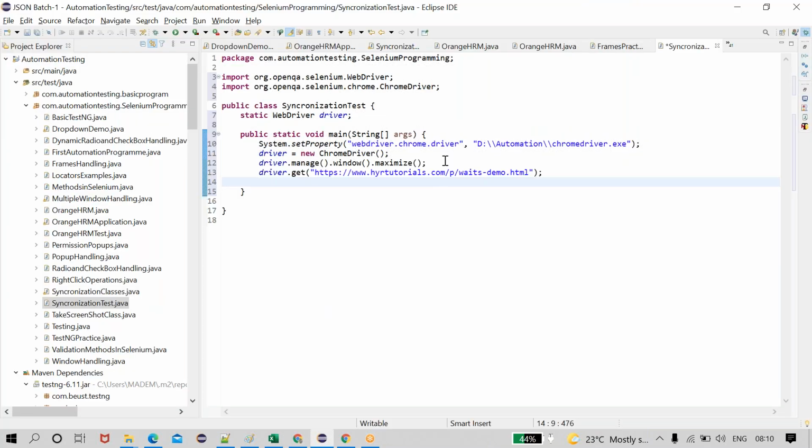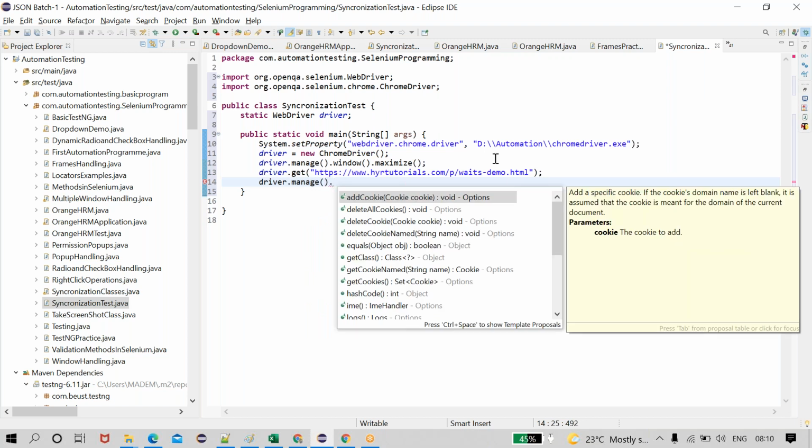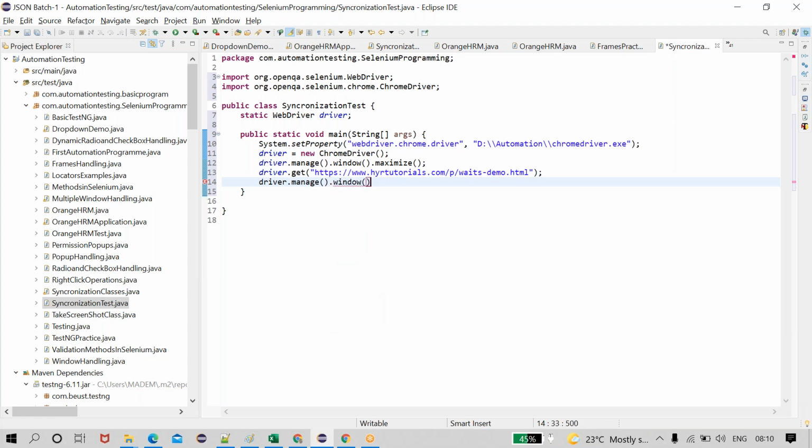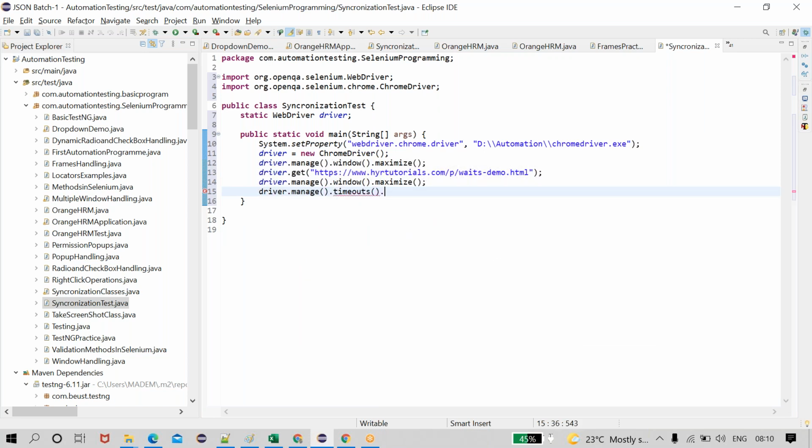See, we already know the implicit wait. Implicit wait is a global wait which is applicable for the entire WebDriver. Wherever WebDriver is working, at that location itself we are using the implicit wait. Driver.manage. See, manage is a method inside Selenium which is used to perform window management, time management like this. For windows, we select window; for maximize, we use maximize. The same way, we use driver.manage().timeouts() regarding time things. Timeouts dot implicitlyWait of default.